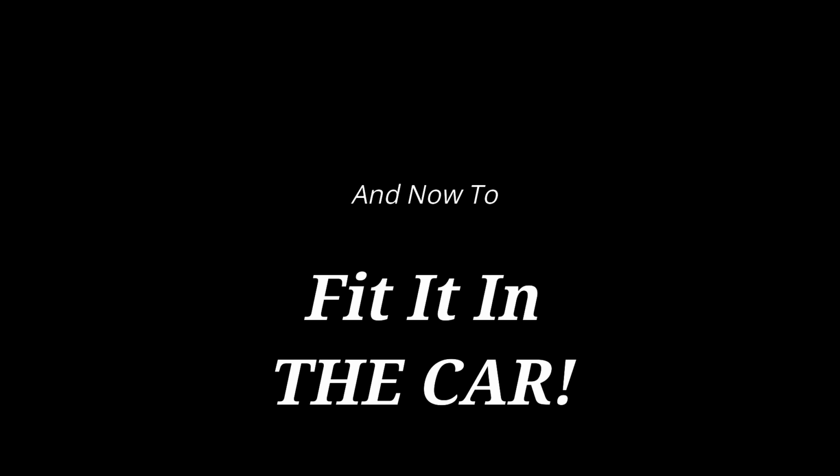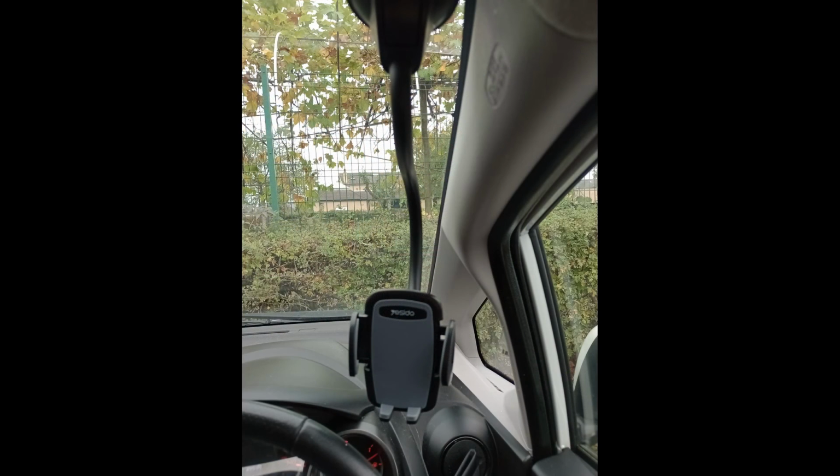And now we get to fit it in the car. You need to make sure your car windscreen is clean and clear of debris so it will attach properly. You then use the suction cup to attach it. It's as